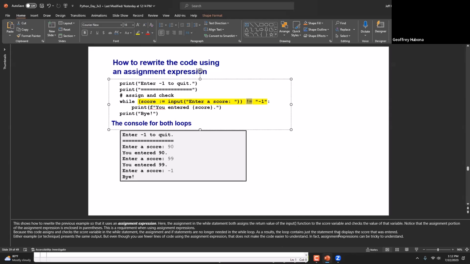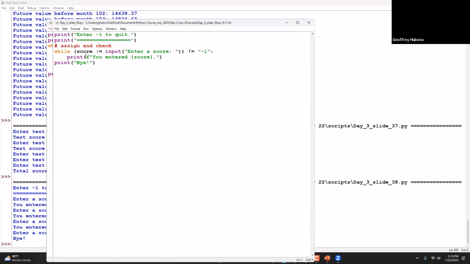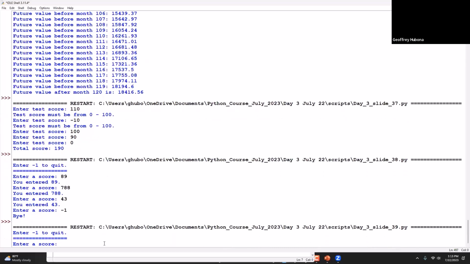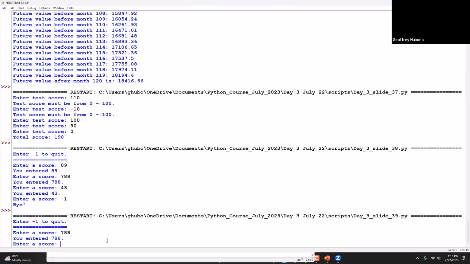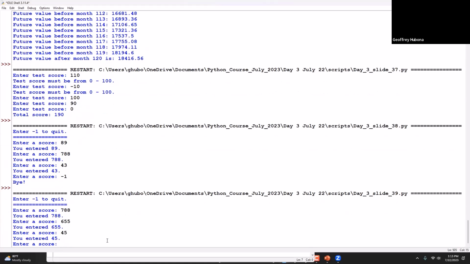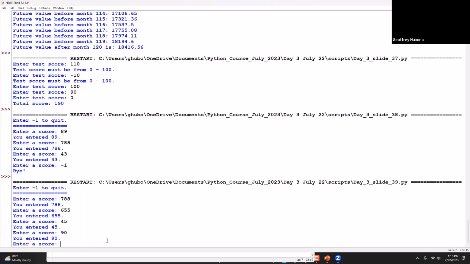Again, this works. This is just like the slide. This part, again, not to be too redundant, but it's confusing. So we run this, and it does the same thing, asking for a score. You can enter any score you want, any number of scores that you want, and it keeps going around and around in this while loop. And it's only when you invoke the assignment expression with the walrus operator